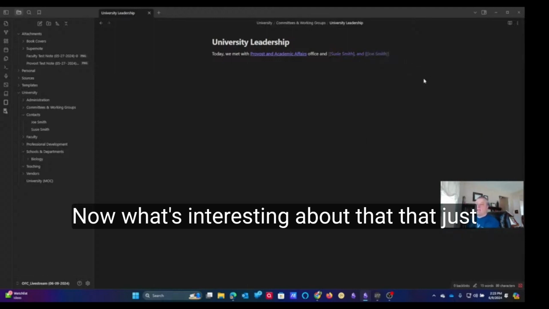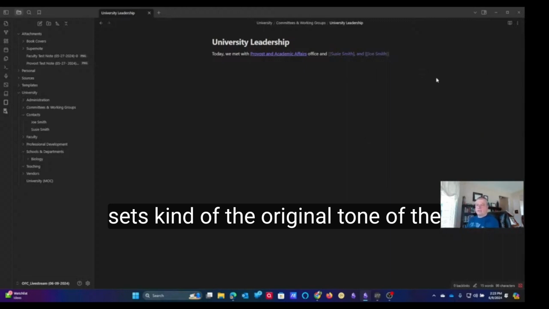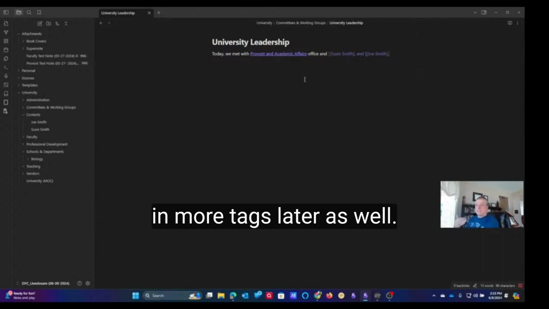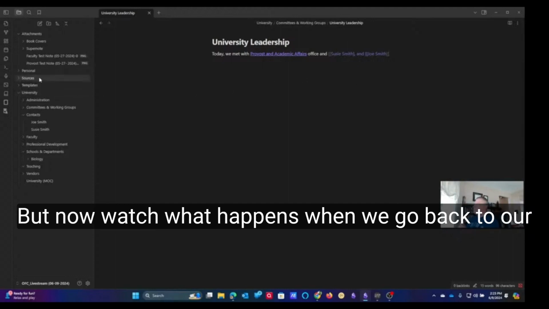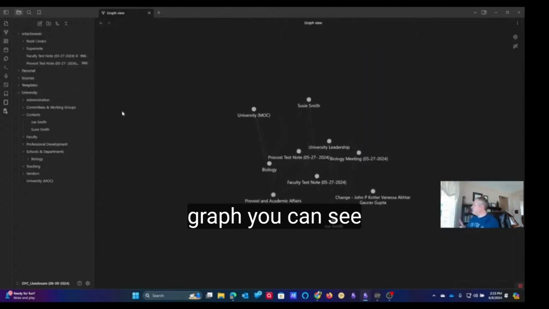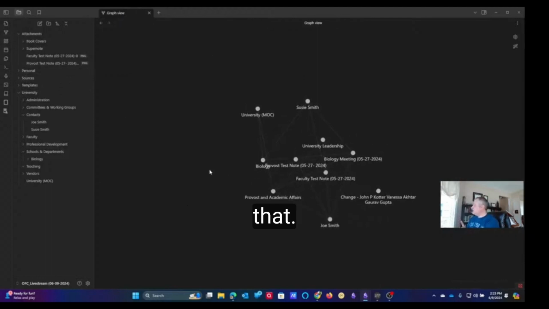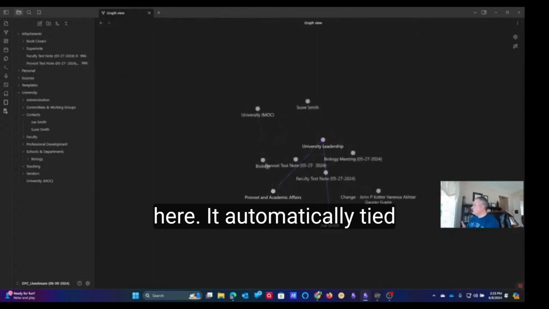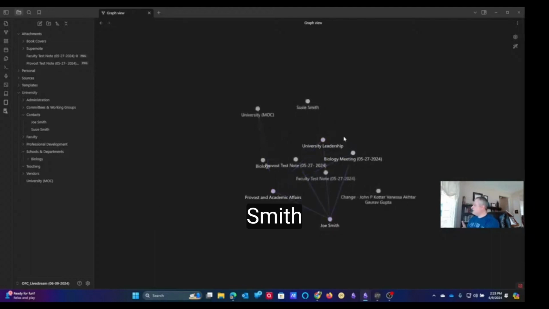Now, what's interesting about that just sets kind of the original tone of the meeting. And you can go back later and add in more tags as well. But now watch what happens when we go back to our graph. You can see that University Leadership populated right here. It automatically tied in academic affairs, Joe Smith,